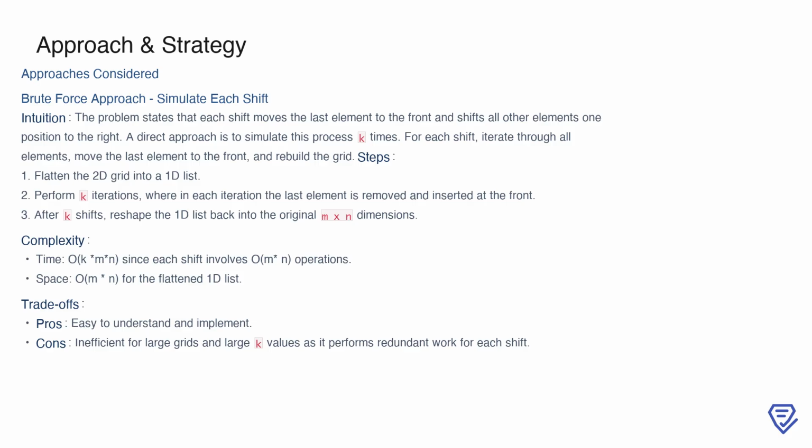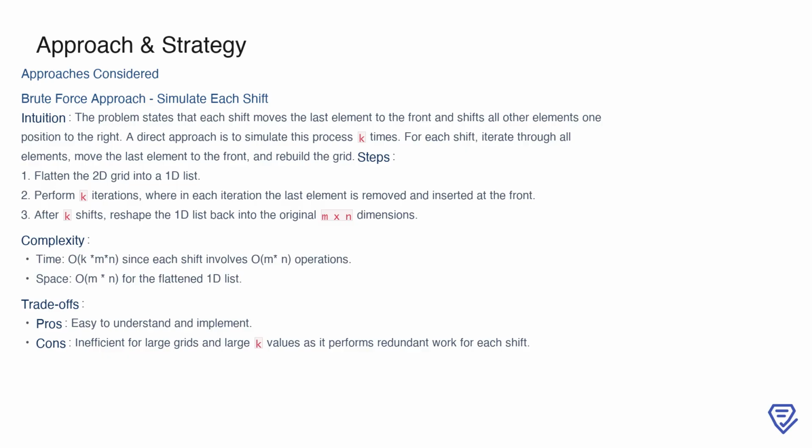To tackle the problem of shifting a 2D grid, one straightforward method is the brute force approach, where we simulate each shift step by step. The idea is simple: every shift involves taking the last element of the grid, moving it to the front, and shifting all other elements to the right by one position. To implement this, we first flatten the grid into a 1D list, which allows us to manipulate the elements more easily. Then, for each of the k shifts required, we remove the last element in the list and insert it at the beginning. Once all k shifts are completed, we reshape the modified 1D list back into the original grid